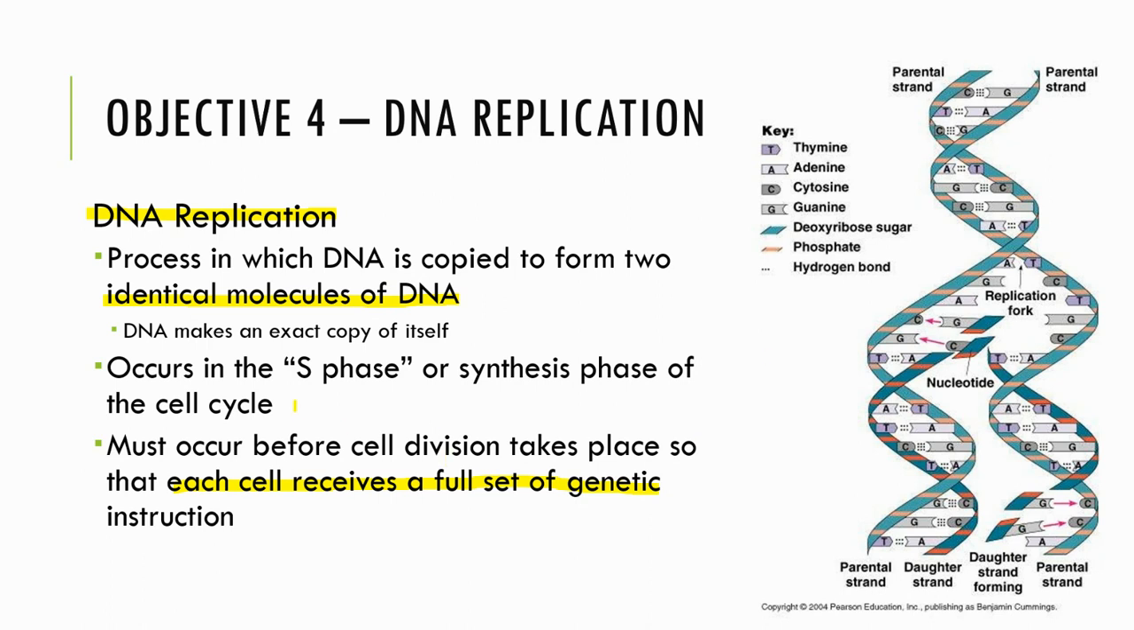In the cell cycle, there is a phase known as the S phase, and the S stands for synthesis. So this is the portion of the cell cycle when the DNA gets copied, and this has to happen before the cell divides, okay? So before we can make new cells, we have to make copies of our DNA,